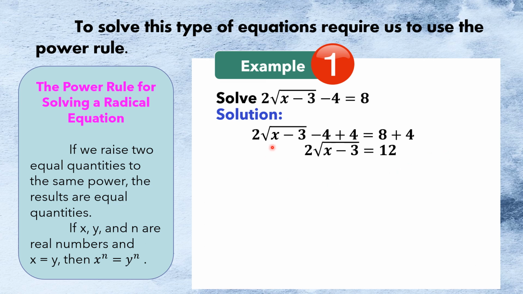So, ang mangyayari, ang maiiwan na lang sa ating left side ay 2 square root of x minus 3. Kasi na-cancel out yan. Then, dito, 8 plus 4 is equal to 12. Then, next,